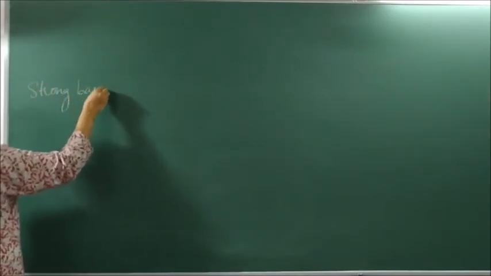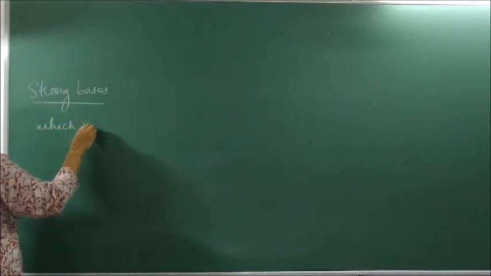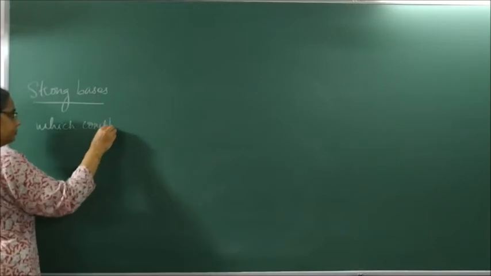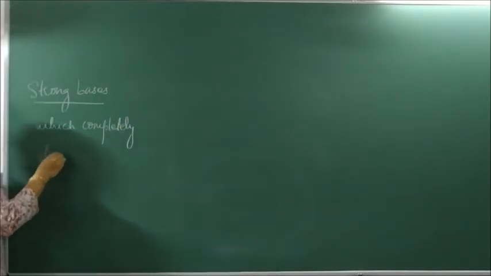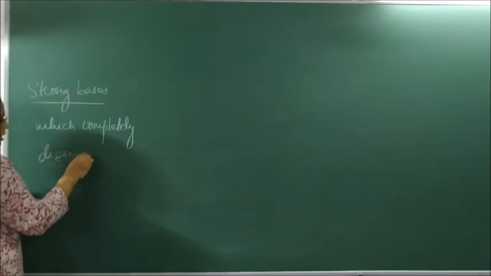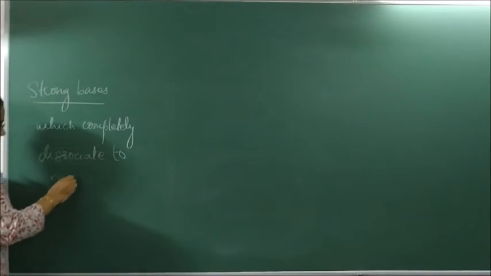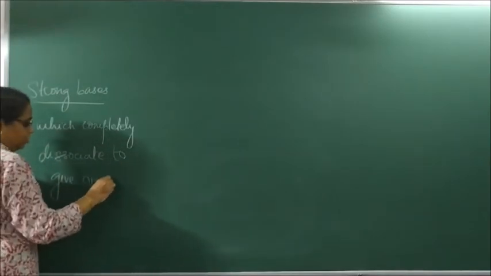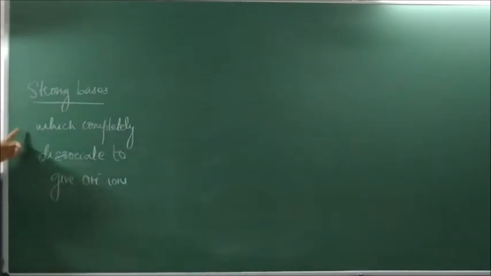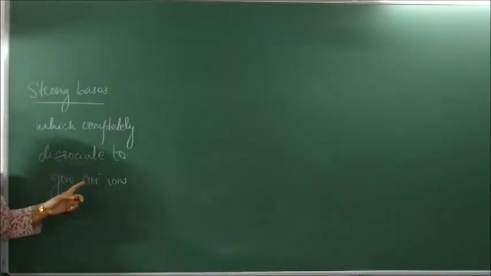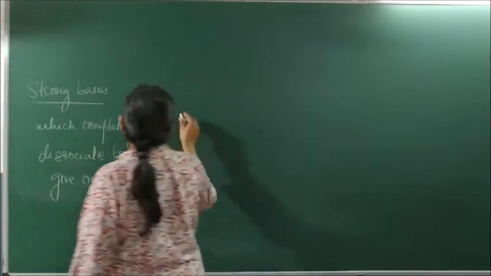What are strong bases? Bases which completely dissociate to give OH minus ions. What are strong bases? Strong bases are those which completely dissociate to give OH minus ions. So our strong bases are